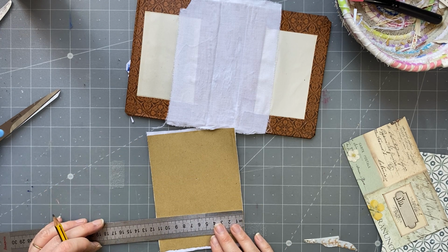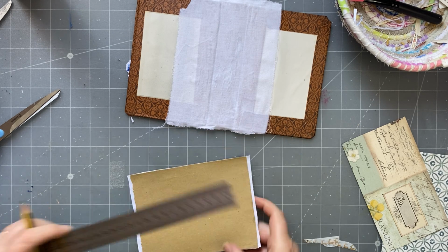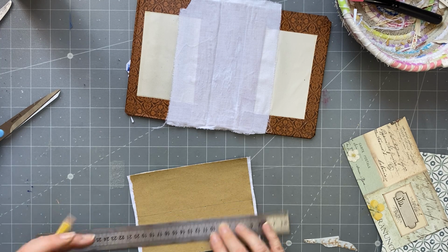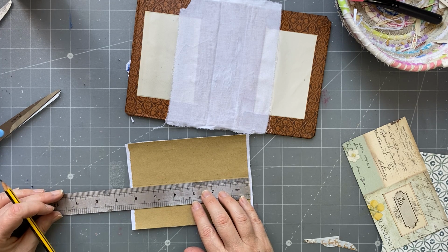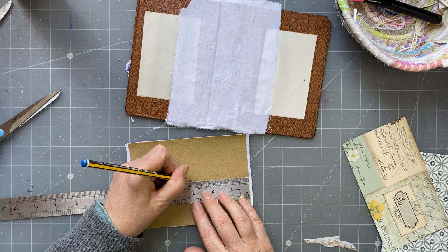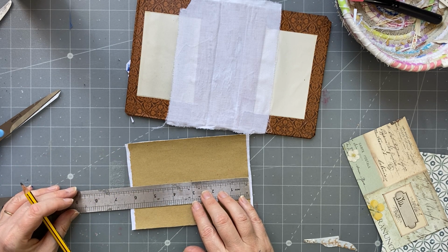I would just measure that there. Again, 5.75. Okay, draw my line down like so. Probably can't see, I've drawn a line down the center, and here was 3, so that was easy. I'm measuring the paper, not the fabric. The paper is what interests me. So 3 is my center, and then in this case,